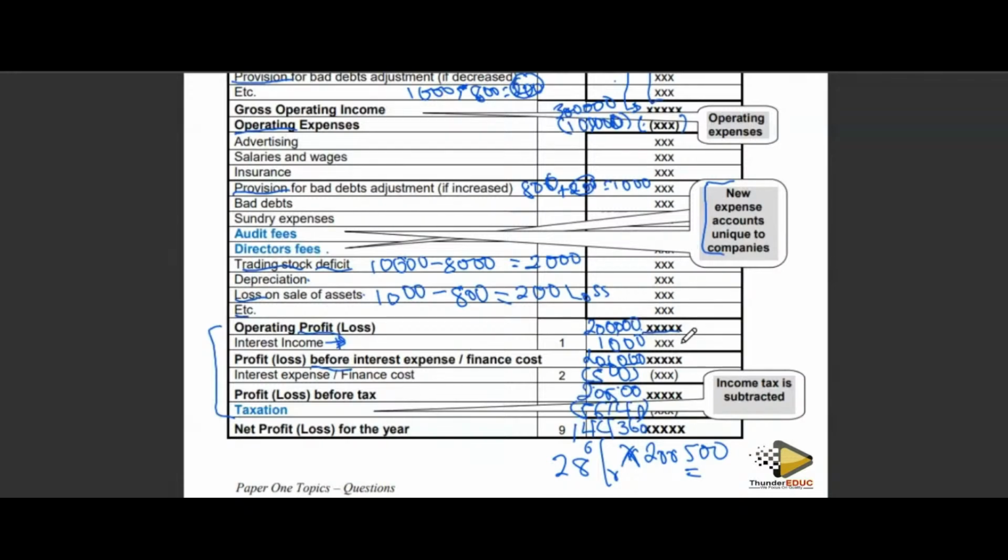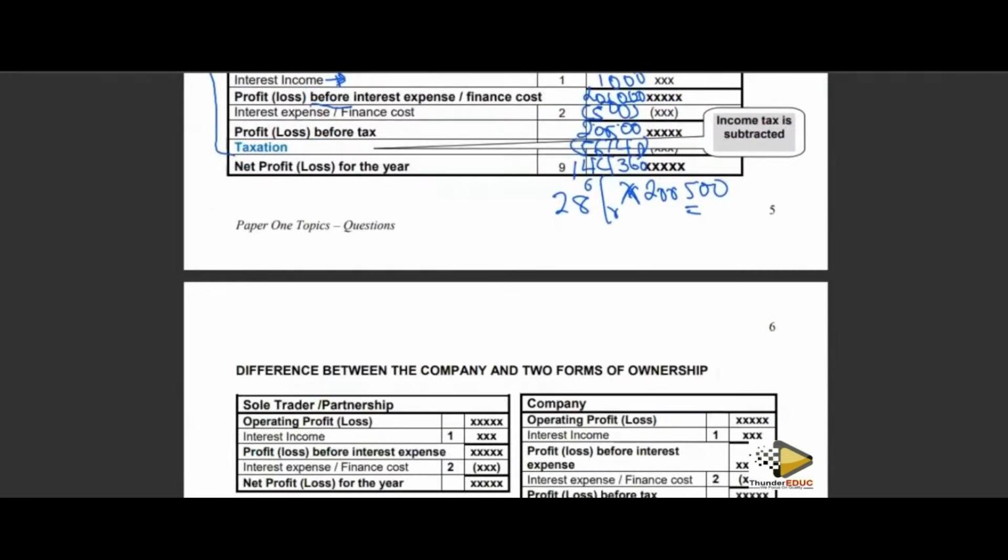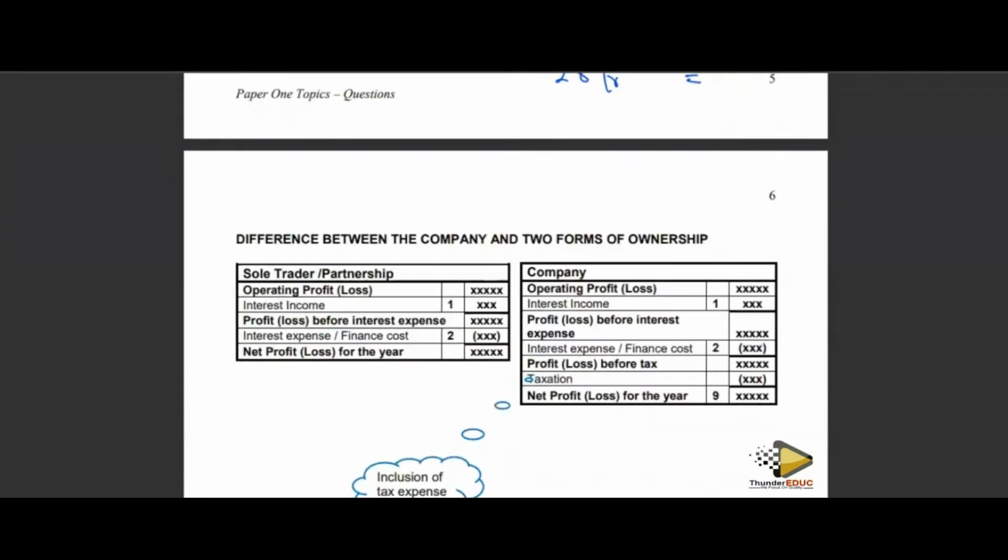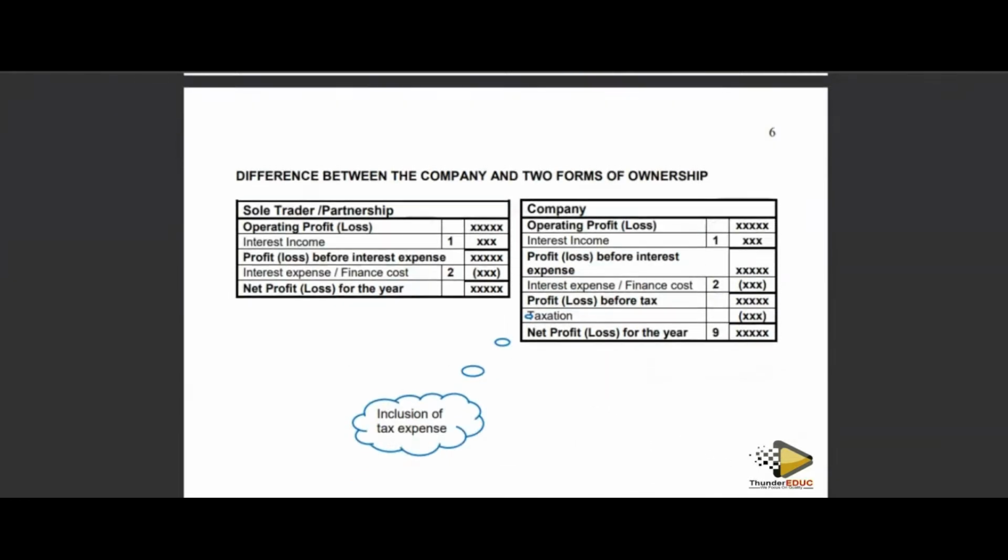And then this is a good question. Remember, this is a big question in the exam which carries a lot of marks. They can bring it and tell you to prepare just a part of it, so you must be able to prepare it. We shall do a question on this in our next recording. Now, if I take you to the notes here, the notes are giving us